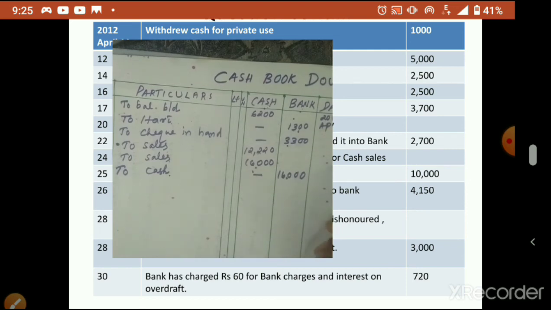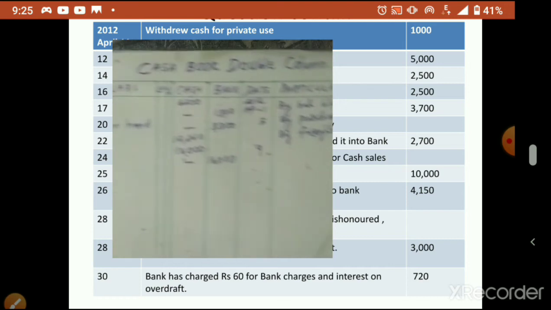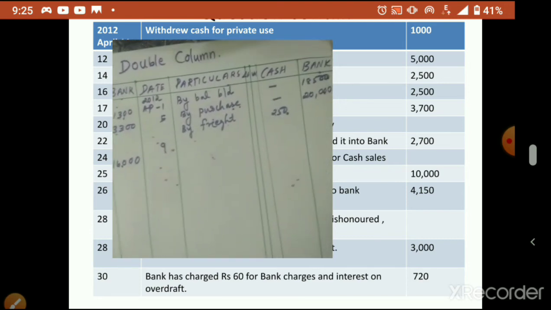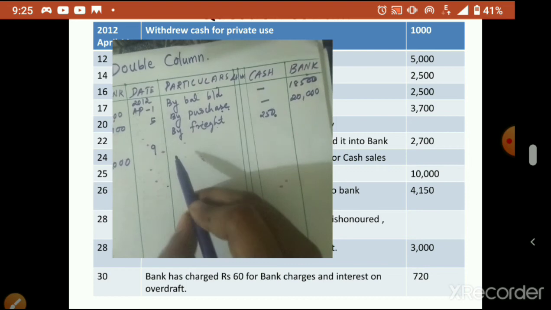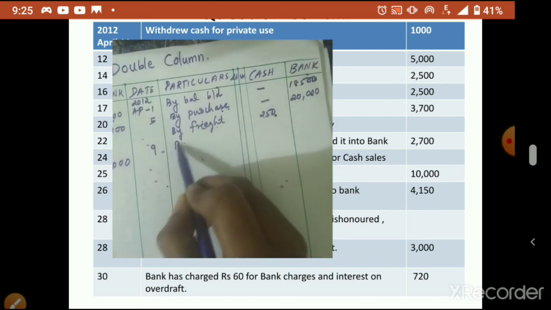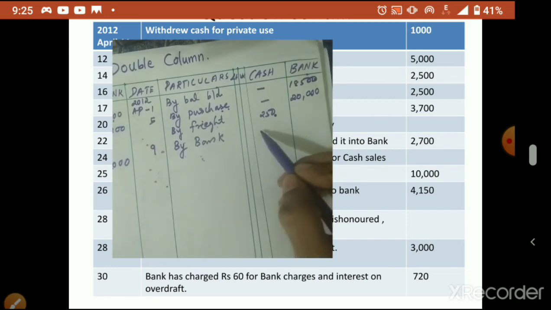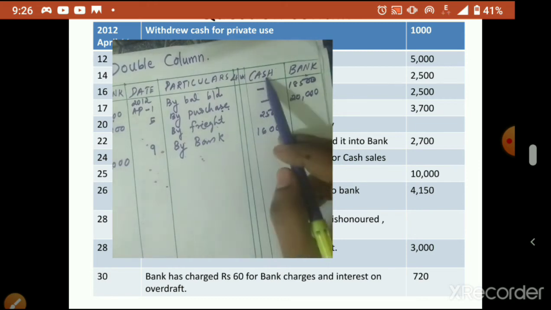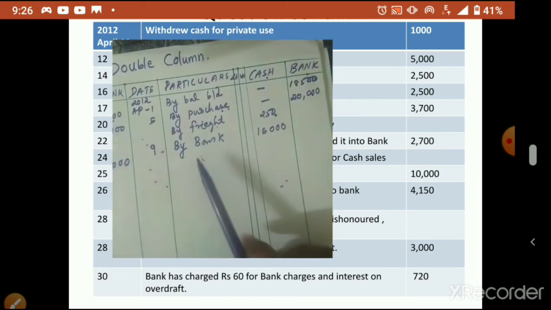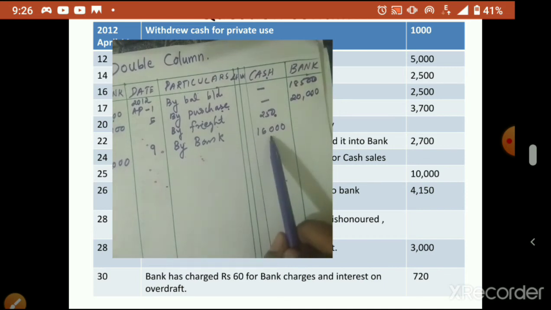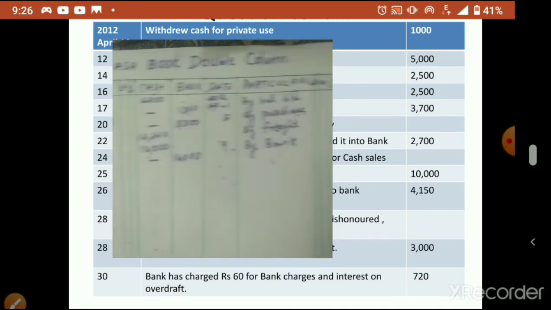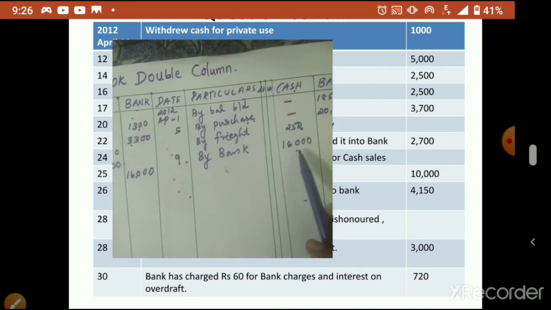The same day, in the bank account on the payment side, this will also come. That's why we call it a contra entry. I told you contra entries will appear on both sides. So by what will we write? By bank, where you have to enter the amount in the cash column, 16,000. Okay. So this is bank account debtor to cash, which means from our account cash has gone. This is the payment side, no? So cash has gone from us.